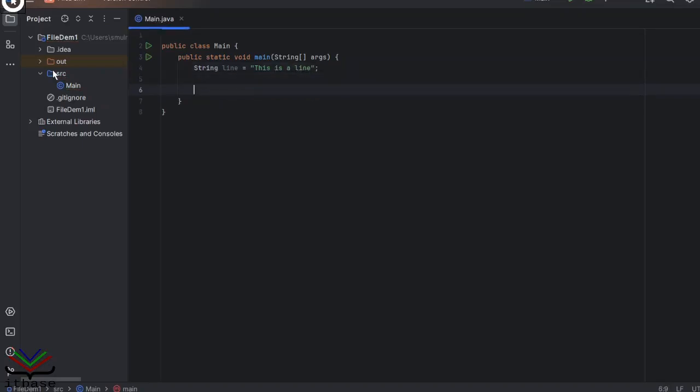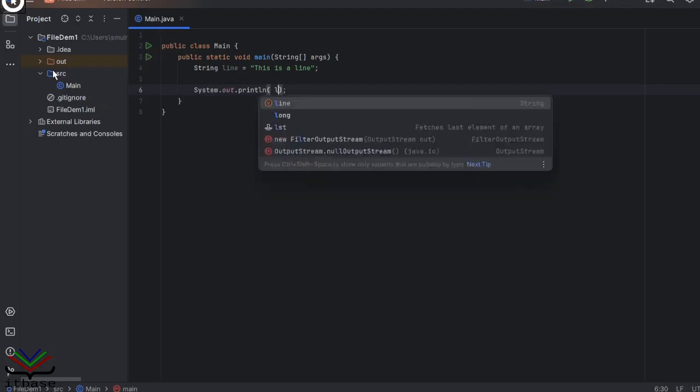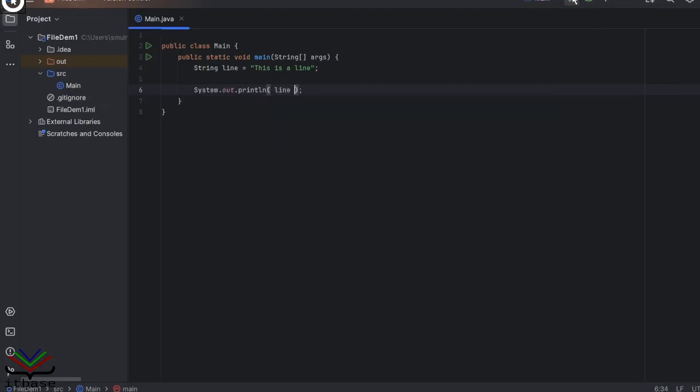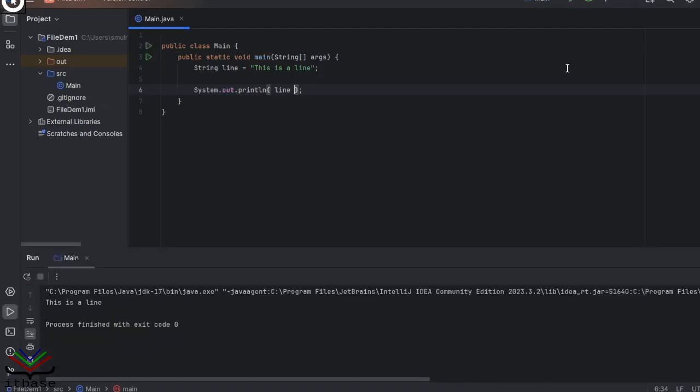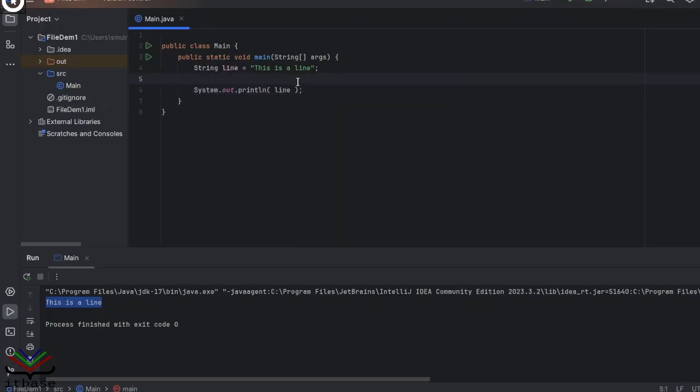Nothing very inventive. And I'm going to display that data. So System.out.println. System.out is a type of stream. We are writing to one of the output streams, in this case connected to the system console. So there's my output. I'm going to be doing exactly the same thing when I'm trying to write to a file. It's just instead of writing to the console stream, I'm going to be writing to a file stream connected